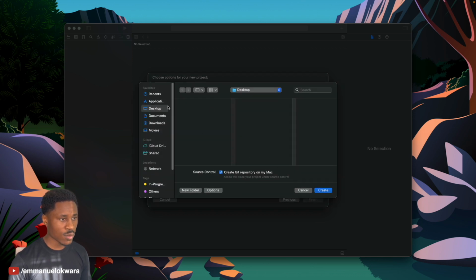And where do we want to save this? I can just go ahead and save it on my desktop. But one thing that you need to be aware of is right here we have a checkbox saying create Git